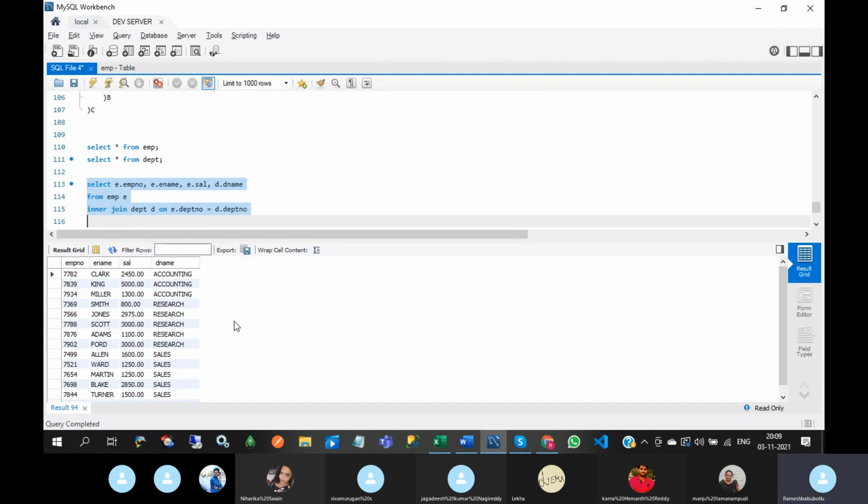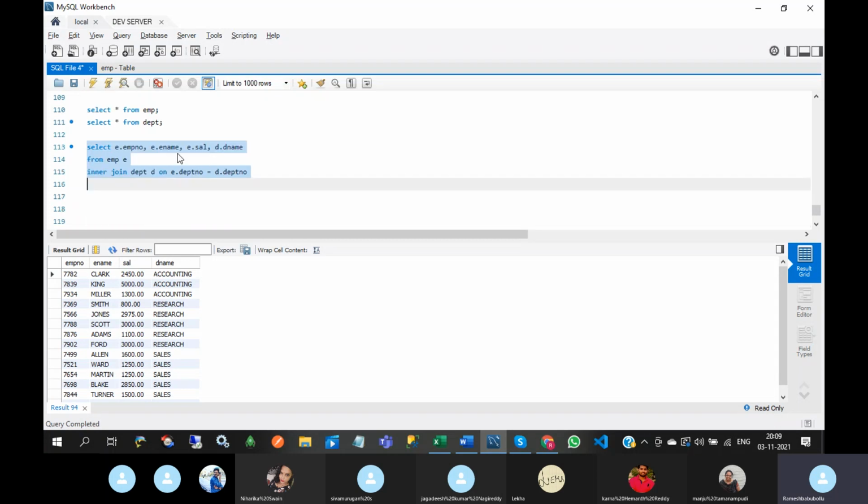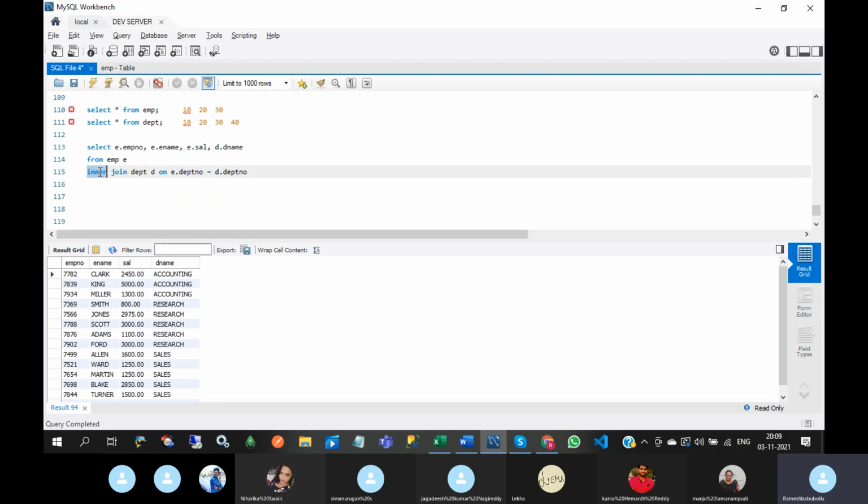Here, in the department table you have 10, 20, 30, and 40 is also there. In the employee table, 40 is not there. If you use inner join, you get only the common department number values in these two tables.